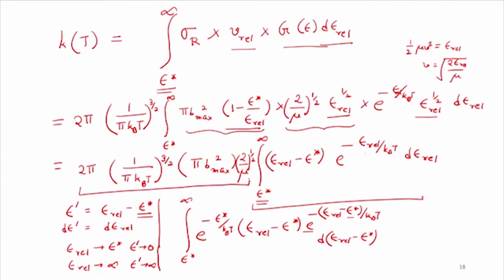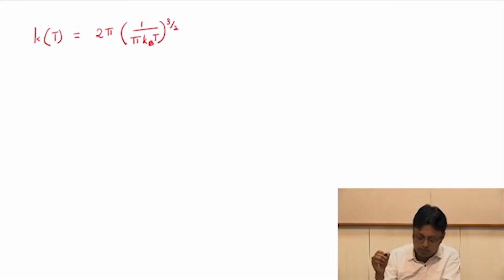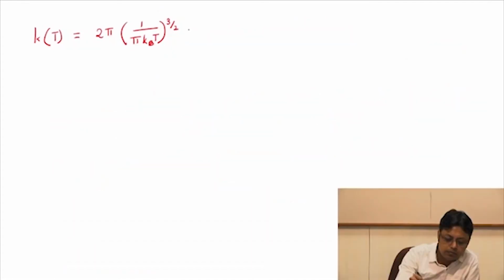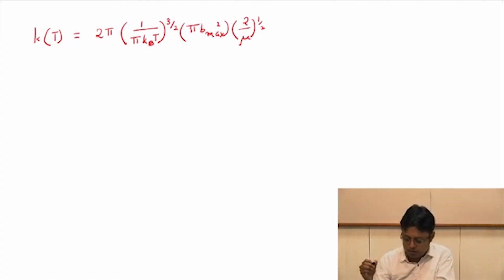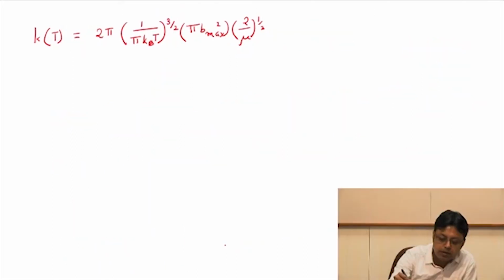will be nothing but, let us first write all these constants. So it will be 2 pi times 1 by pi kBt raised to the power 3 by 2. Then I have pi b max squared times 2 by mu, square root of that. And then, now this factor is a constant because epsilon star is also a constant. So I'll have e to the power minus epsilon star by kBt